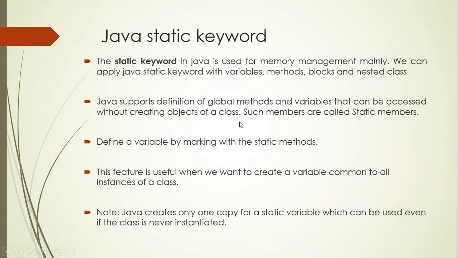That means if you want to access any data member of a class, you normally require an object. If you want to utilize it in another main function, you have to create an object for that class, and with the help of that object you can access the data member or member function. You are clear on that already. But if you use the static keyword, you can access the data members and member functions without creating objects.